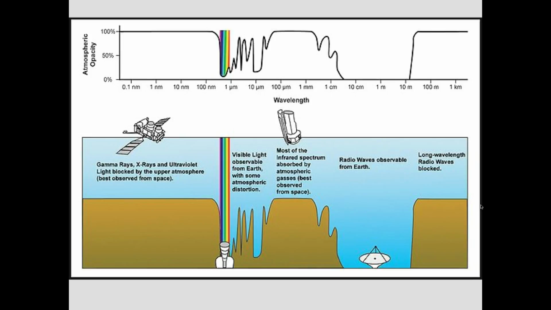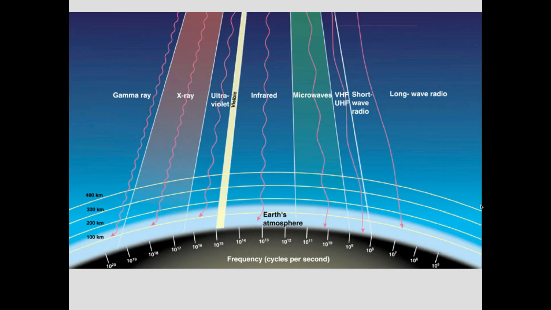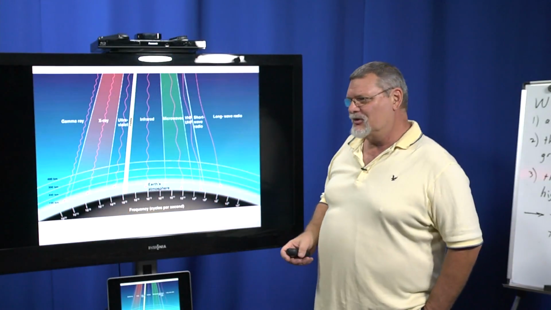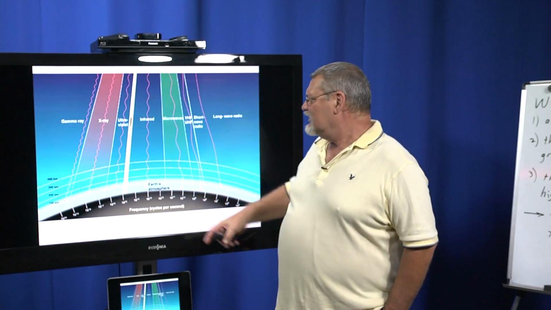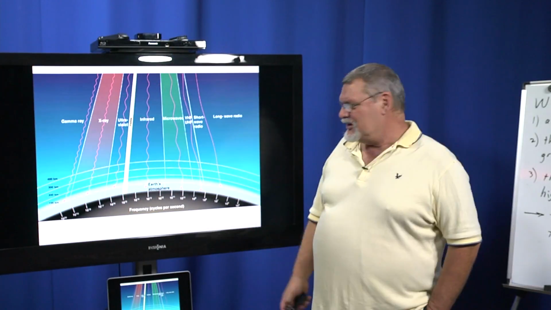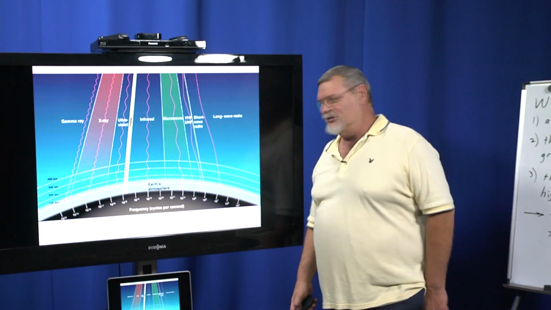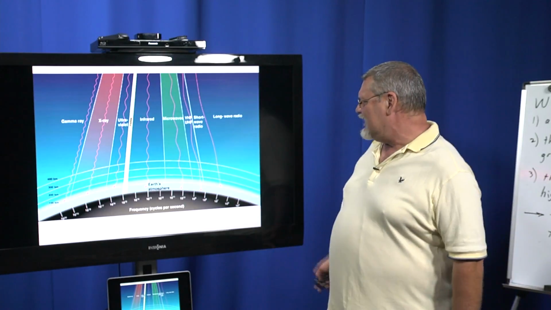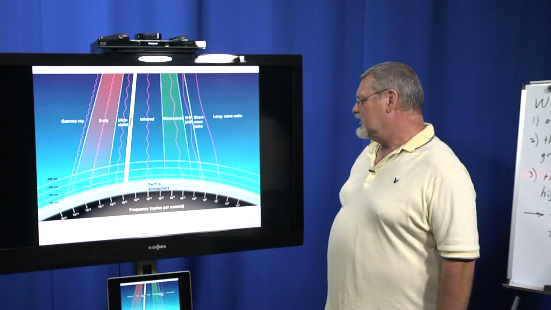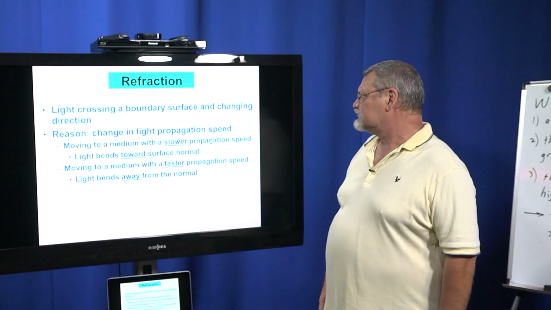So in other words, it took the space age for us to build spacecraft that could detect waves that were being absorbed originally by the Earth's atmosphere. We had to build spacecraft that could detect certain waves, send them up into space, put them in Earth orbit or beyond, so that they could detect these things, and then we could look at all of space in all of different waves. Here's another picture of the same kind of thing showing the different absorption through the atmosphere.